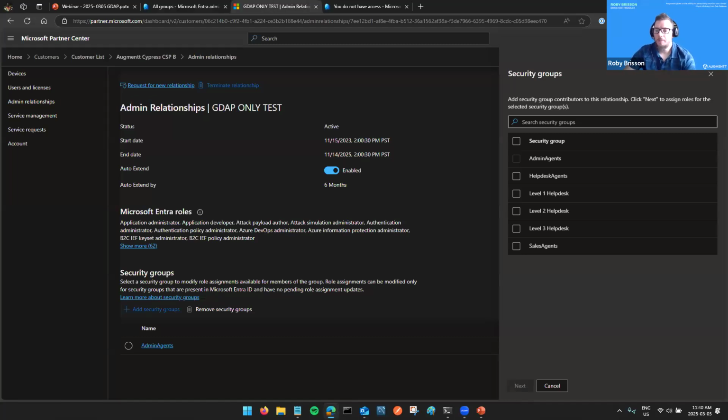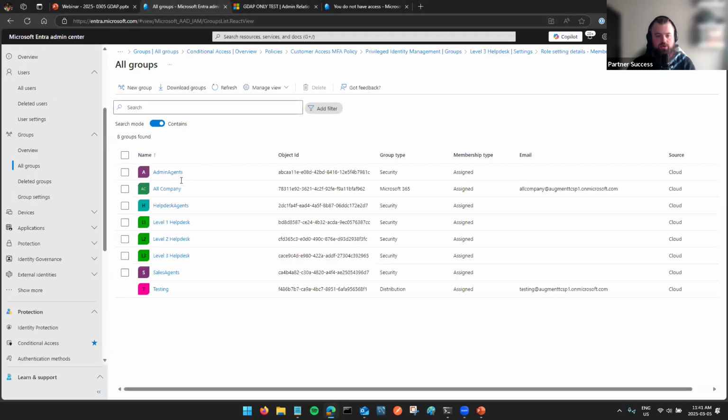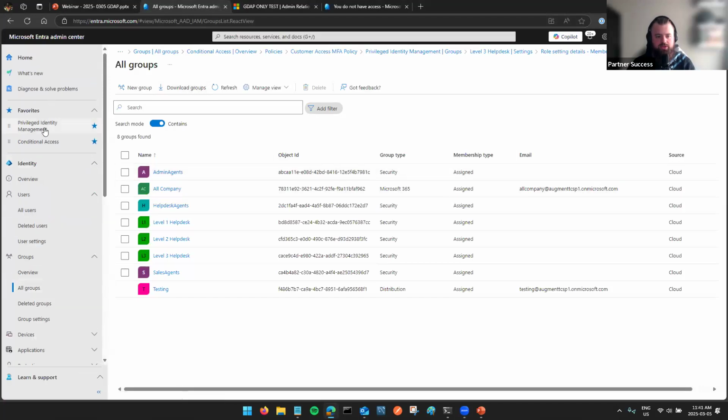With PIM, could you be a member of Help Desk 3 but not have the request approval to perform actions with delegated permissions? You could be. Yeah, exactly. So going back into PIM, just to touch on it again,